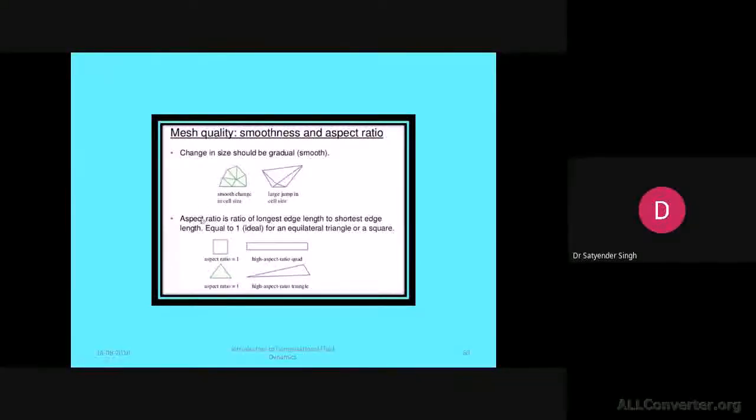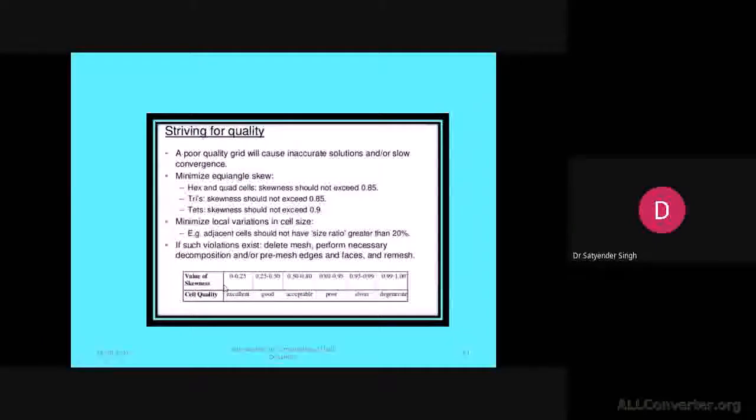So second is the aspect ratio. Let's say this has been created, so you know all the sides of the perfect square will be the same. Then the aspect ratio should be 1. But let's say such a kind of structured mesh has been created, having almost 20% larger length. So the aspect ratio will not be equal to 1. For triangular also, each side will be the same. So let's say this has been created during your meshing. So you must check the aspect ratio. If it is near to 1, then it is excellent.